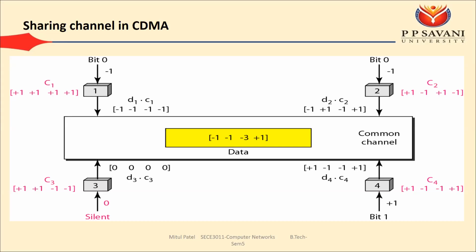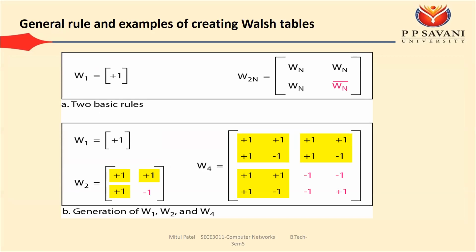Then we can apply the CDMA method. And the second thing is we need to store the code value of all the stations in a particular database. Your second question is how we can know the code value of all other stations, that is, how these code values are assigned. For that we have one concept, known as the Walsh tables.